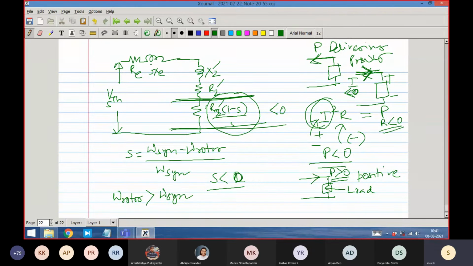If I define R equal to V by I, then it is less than 0. So negative resistance is implying, in this case, that there is a voltage source developed here equivalently, and it is such a high value of voltage source compared to this one, the air gap voltage Vm. This voltage source VL is higher in magnitude. That has happened, and therefore this is pushing the current in this direction.